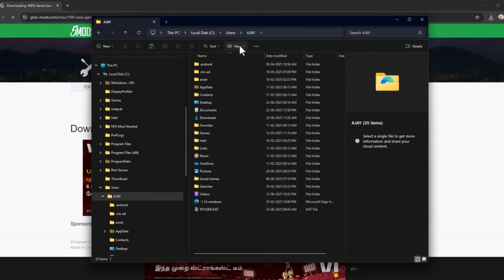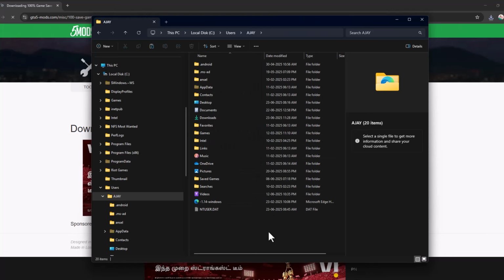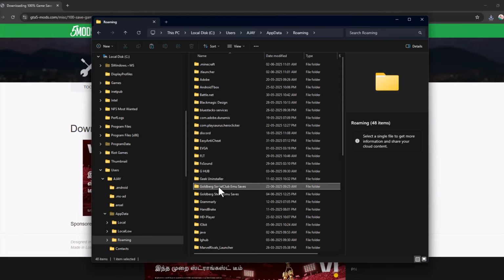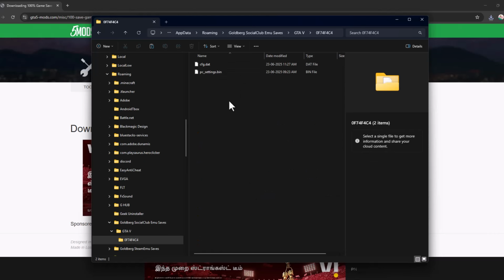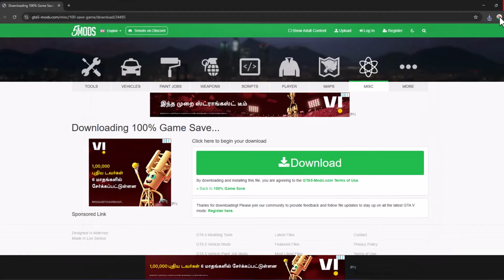And now select the view option and select show and select this hidden items option, check mark it, and then you will be able to see the AppData folder. Double click on it, double click on the Roaming folder, and now double click on the Goldberg SocialClub EMU saves. Just double click on GTA5 random numbers and paste the files we copied, and then just close everything here